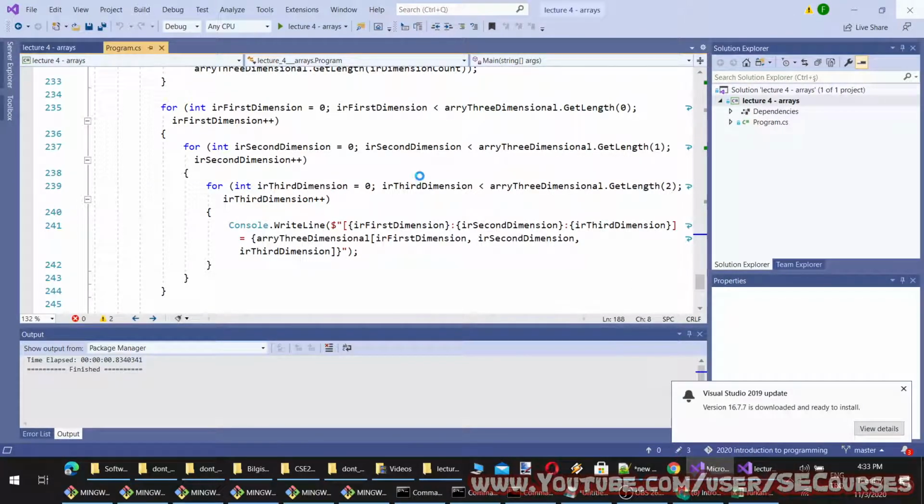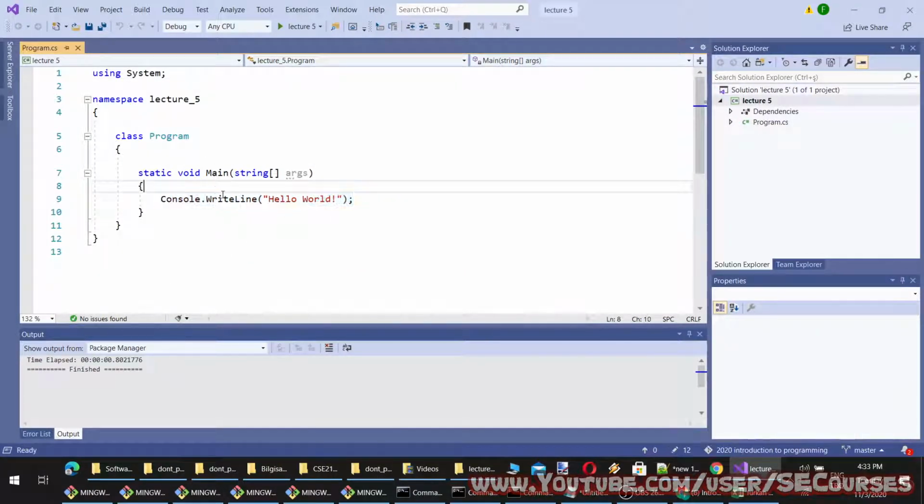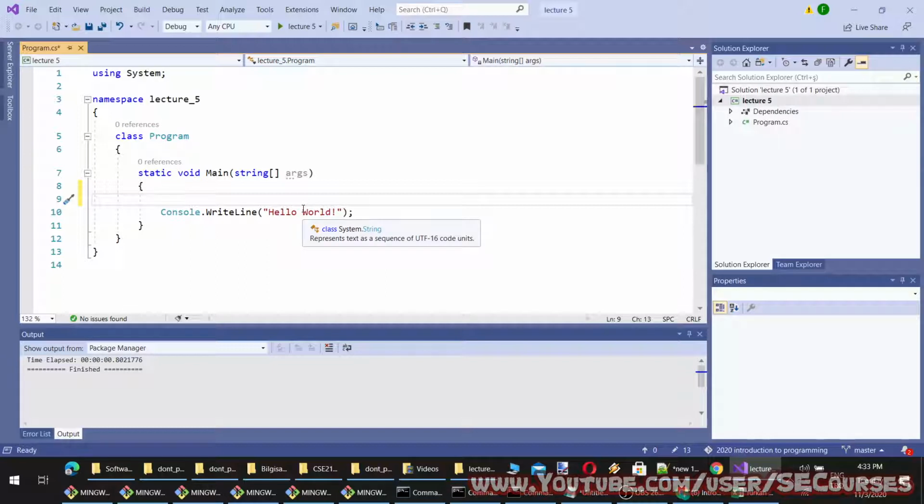Okay. So let's start by defining a single dimensional array. Then we will compose a jagged array. First we type the type of the object that we want to use as the array type. So this way I have defined an array of integers. Integer is a struct type, and I am writing the name of my array.